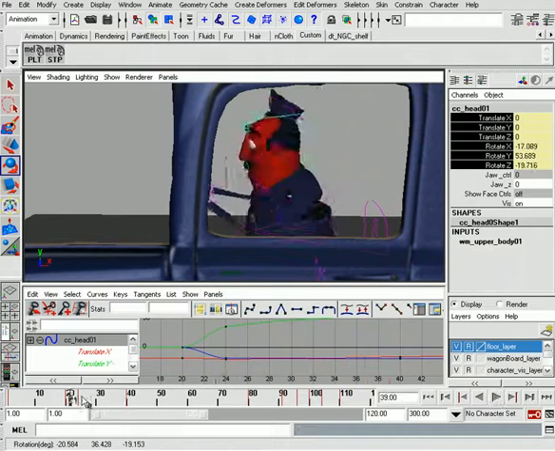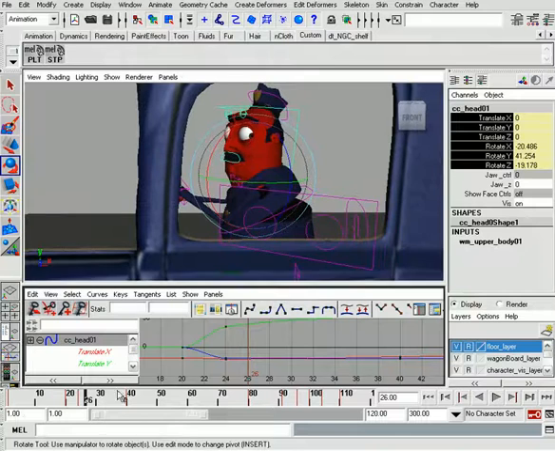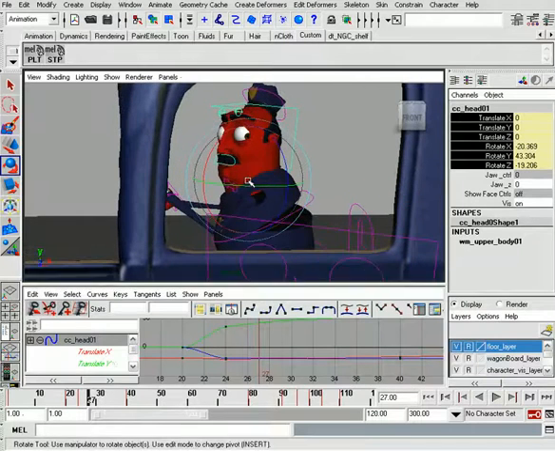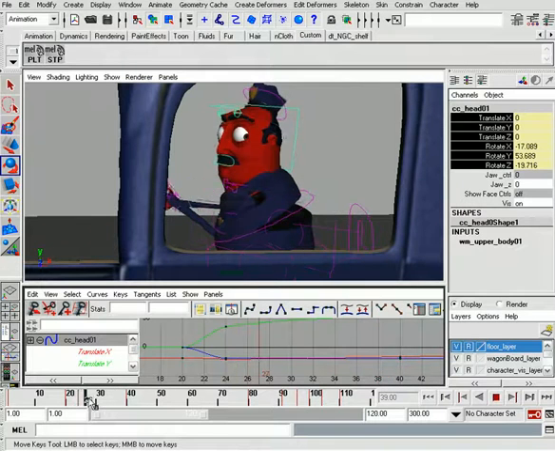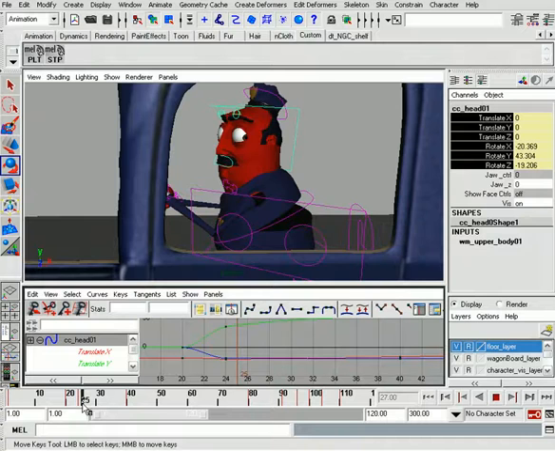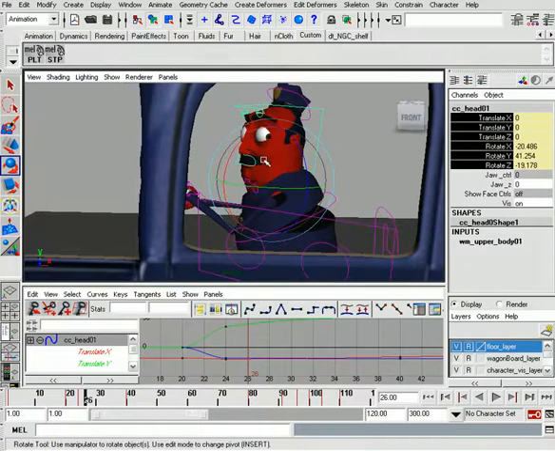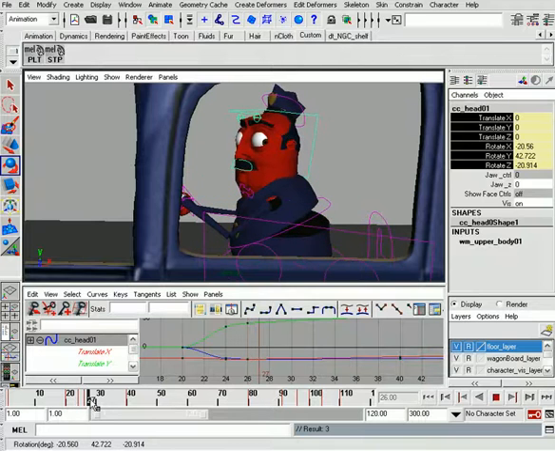and then he notices us, but we're going to give him a little bit of time to recognize us before he actually goes to this pose we have on about frame 40. So for that, we're actually going to have him do a little head shake before he gets to this pose. So on frame 26, let's add a little bit of movement where he rotates his head back just slightly. Okay, and then we'll have him hold there on that frame, just looking around,